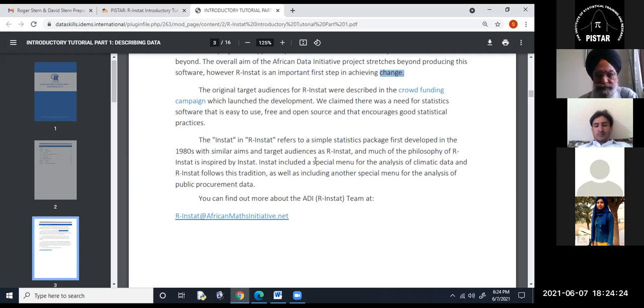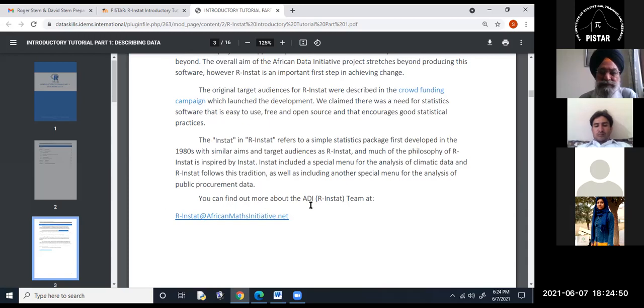Instat included a special menu for the analysis of climatic data. I'm sure it must have been Roger, Roger must have done this one also. RInStat follows this tradition, as well as including another special menu for the analysis of public procurement data.